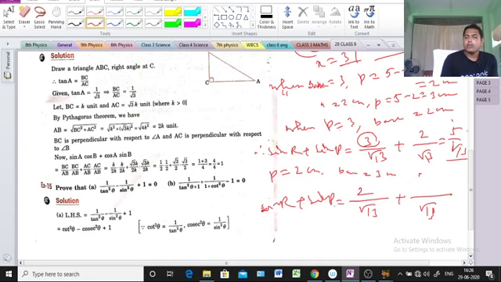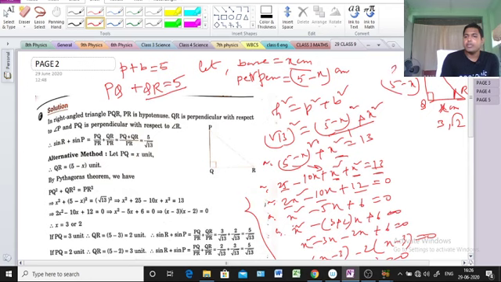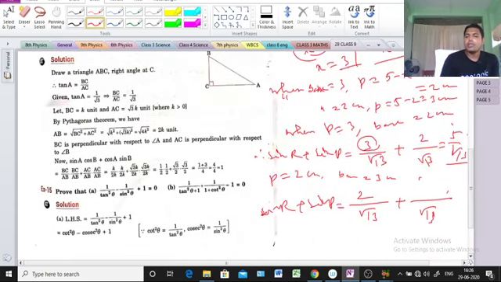Clear or not? Because sin r is with respect to angle r, see the figure. Here this one is 2 centimeter. So we know that with respect to angle r, we find out the value of sin r, that means 2 by root 13. So we write 2 by root 13. So another one will be 3 by root 13. Clear or not? Easy. Same process. So here we are getting 5 by root 13. This is the answer. Clear or not?